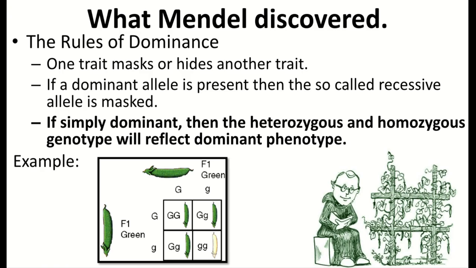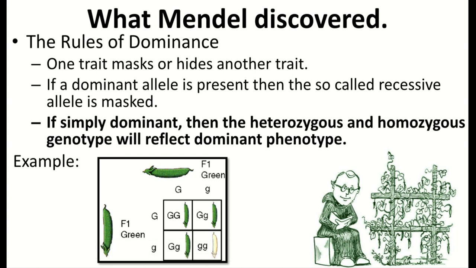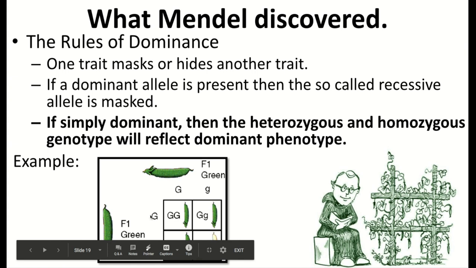So the rule of dominance: one trait hides or masks the other. If a dominant allele is present, then the recessive is masked. So here I can see this is a Punnett square that we're going to be practicing with later. On each side of the Punnett square, we're going to have the haploid cells, like the sperm and the egg cells. So here I can see I have two heterozygous parents, big G, little g, and you can see the cross. So the big G's drop down, this G goes over, this G goes over, and then the